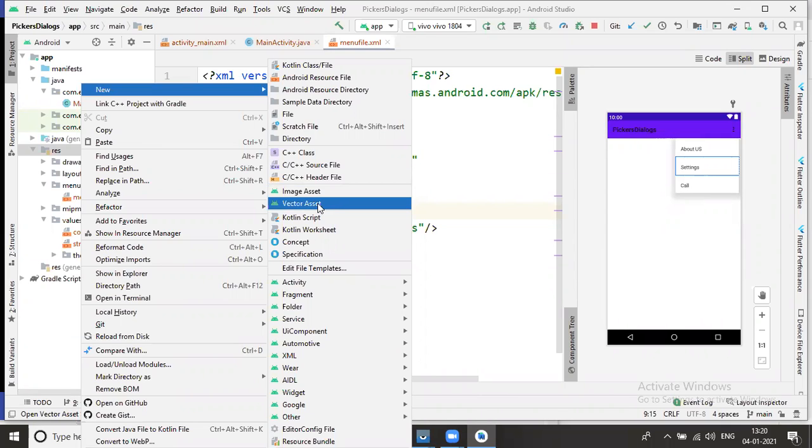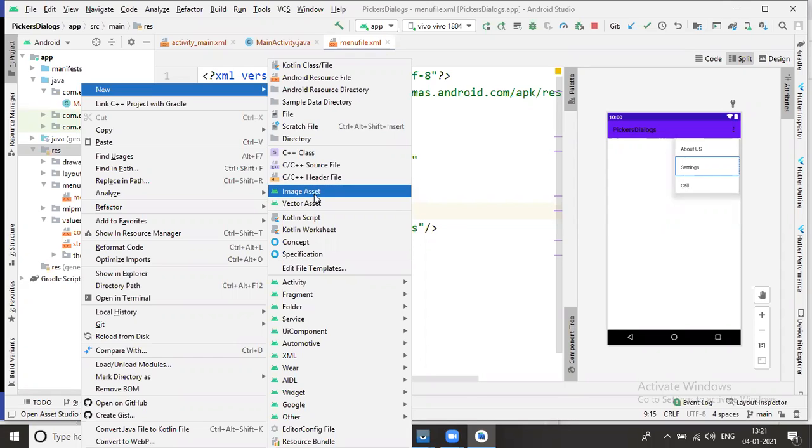In Android we have a few different options: one for image and another for XML coding. For coding purposes also we can create the images. That's why there are two options: one for image asset and another for vector asset. You can choose any one. Here I'm choosing the image asset for understanding purposes, because it is the first icon. For the coming projects we can use the vector asset also.